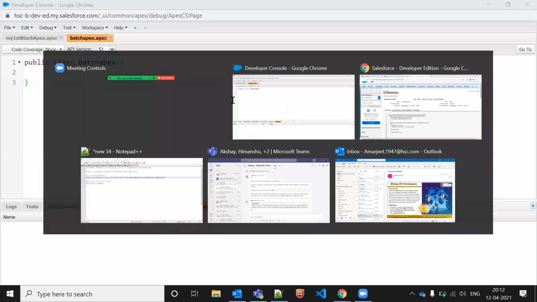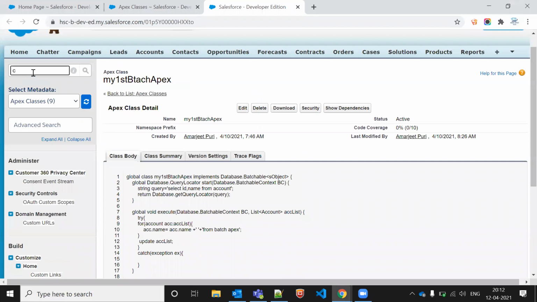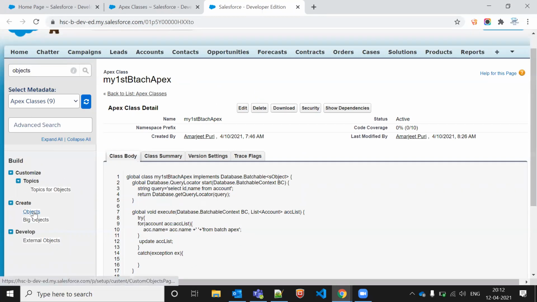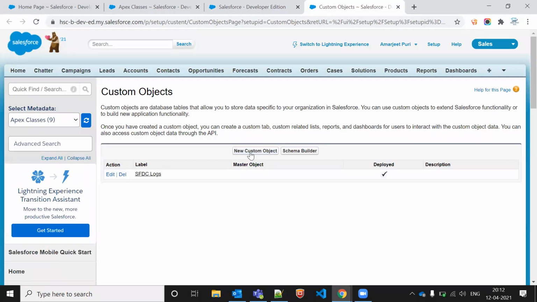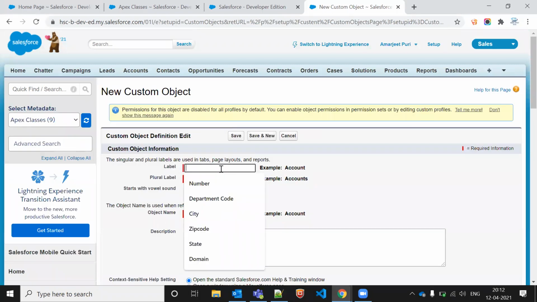First, we have to create some custom objects. Let me create one, SFDC India.